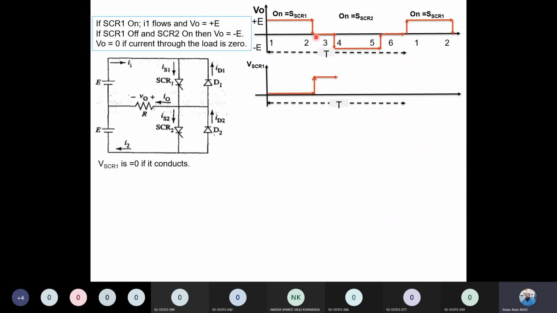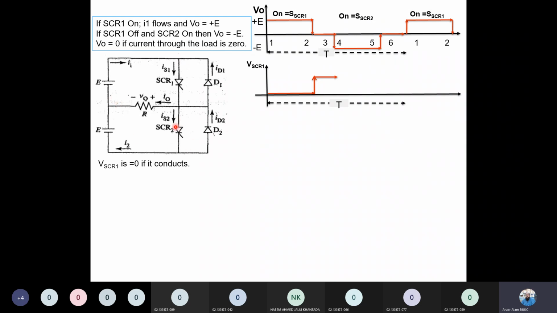इसके बाद क्या हो गया कि ये वोल्टेज 0 है यहाँ पर, मींस बोथ द SCRs आर ऑफ। जब बोथ द SCR ऑफ हैं तो SCR1 के क्रॉस वोल्टेज ये क्यों आ गए? Why is this voltage? क्योंकि इस पीरियड में दोनों SCR ऑफ हैं। ऑफ होने का मतलब ये हो गया लाइक एन ओपन सर्किट। जब ओपन सर्किट है तो यहाँ वोल्टेज कितने हो जाएंगे? मैक्सिमम हो जाएंगे जो सप्लाई वोल्टेज है। प्लस यहाँ से है और माइनस यहाँ से है।